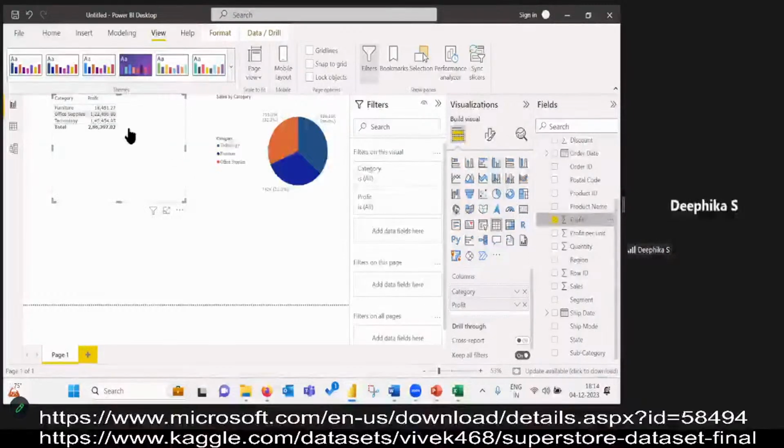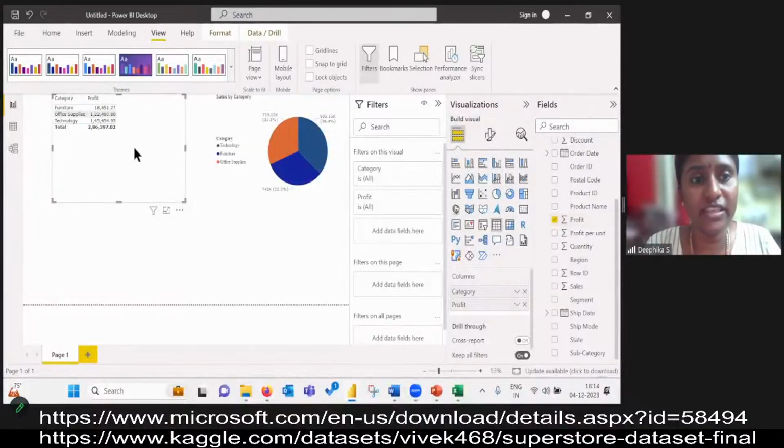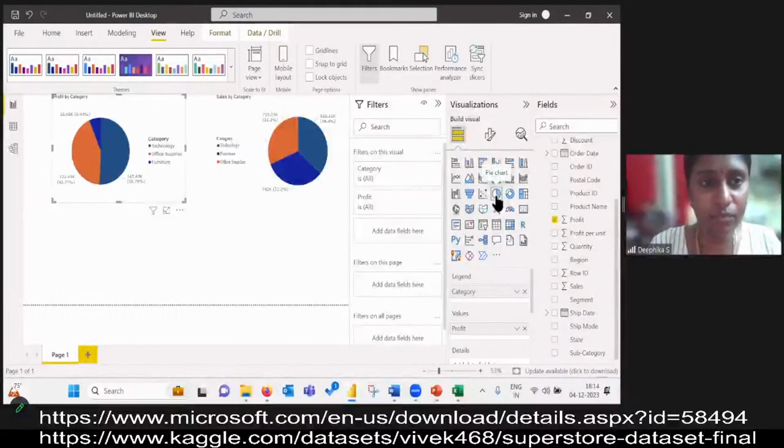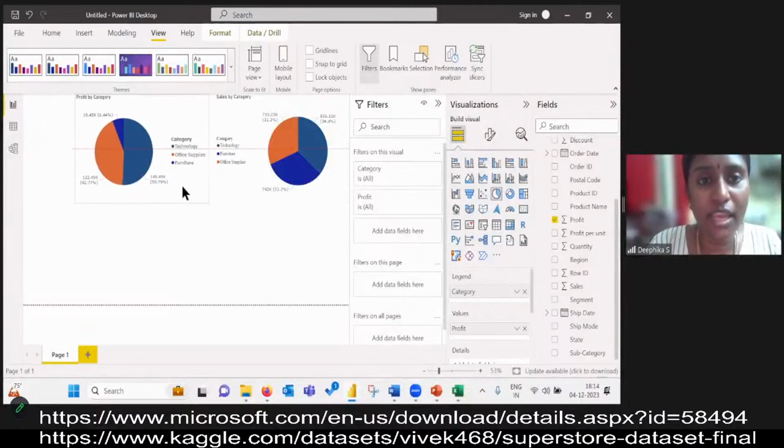So now what happened, once I drag drop, it came as a table. So in this table I can choose the most feasible chart here. Okay, so I'm going to go for, let's say, a pie chart itself, since it's going to be a comparative chart. So now if you see, if you had put table analysis also, it would have been difficult for us